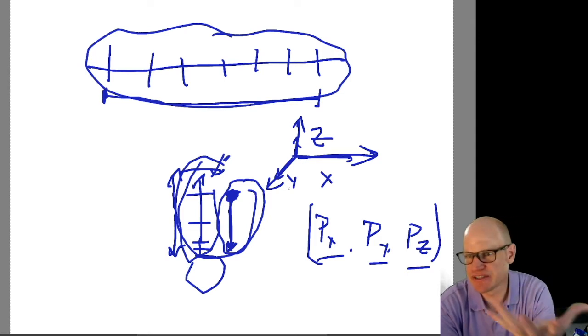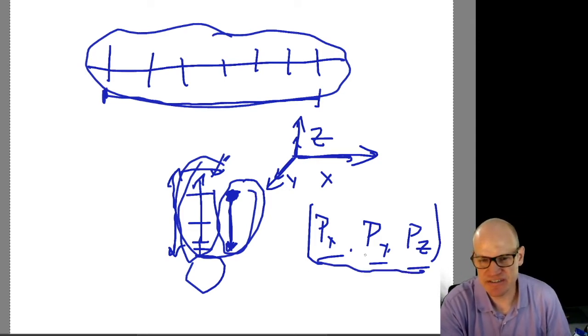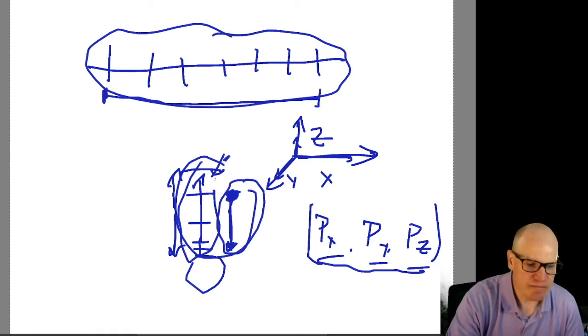It's only when you combine them into some quantity, some mathematical structure, that you would call it a vector. The same thing,